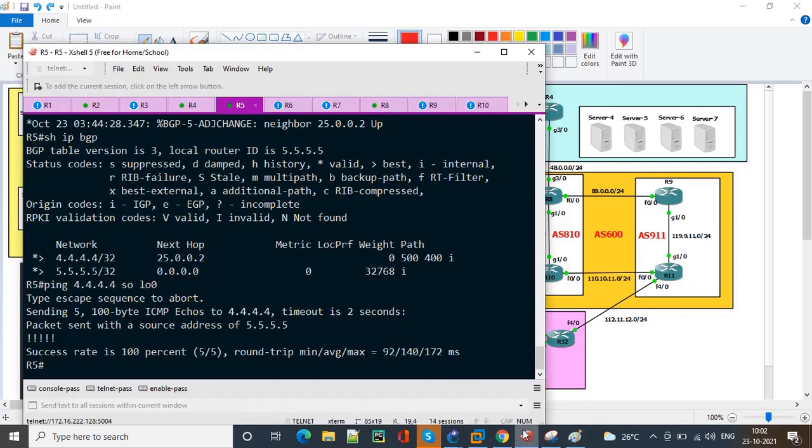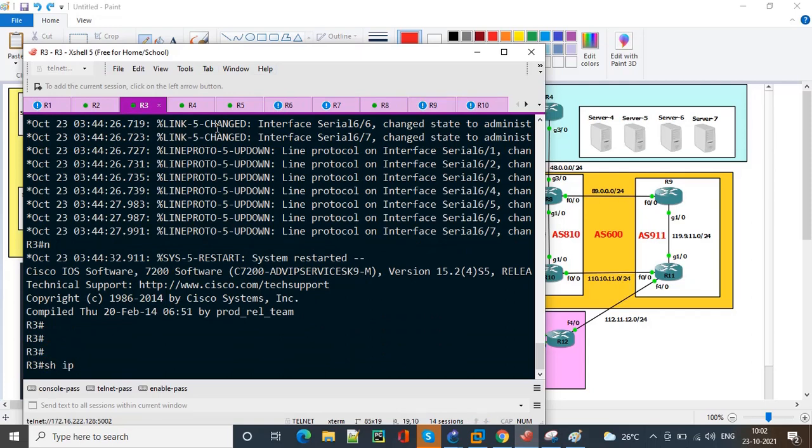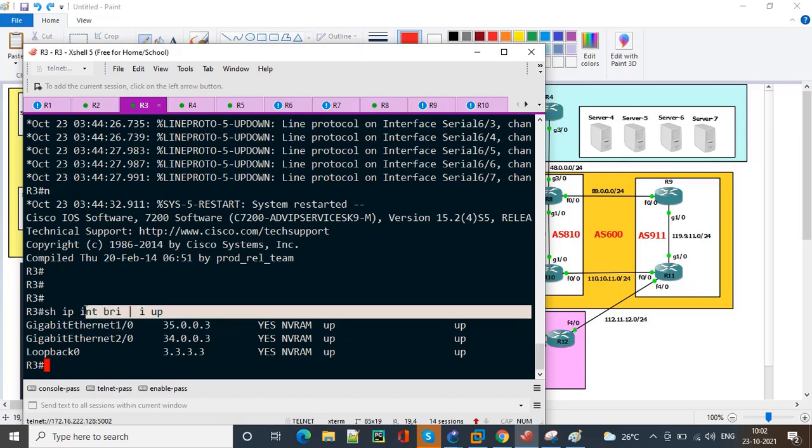Let me go to R3 and verify the interface configuration. Show ip interface brief | include up. This filters only the up interfaces, so this is what we have. Great. Let us check the same thing on R4 as well.